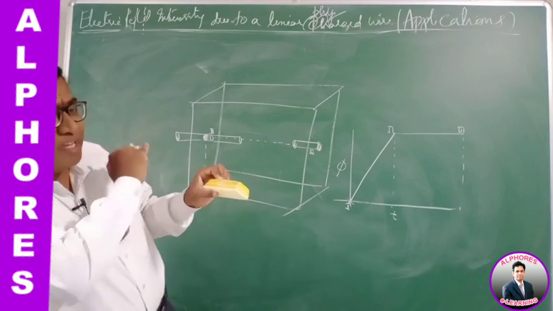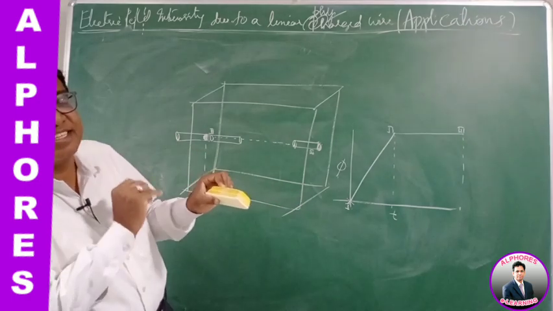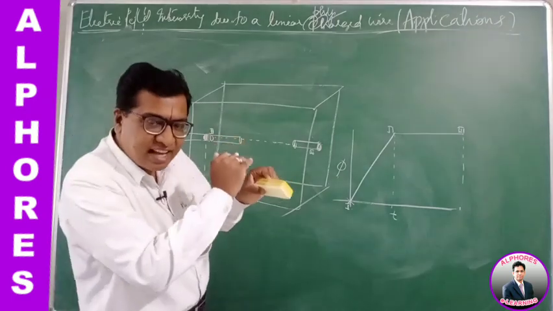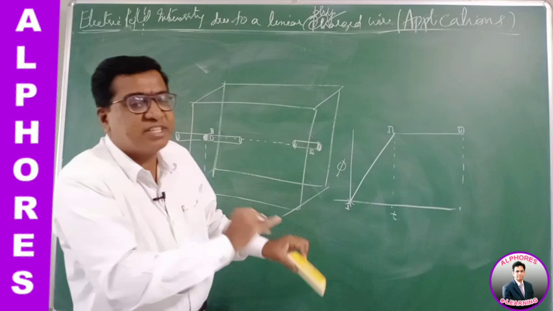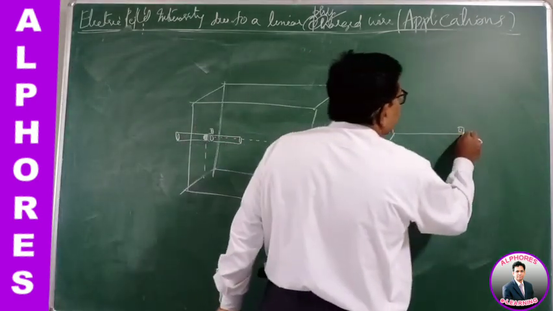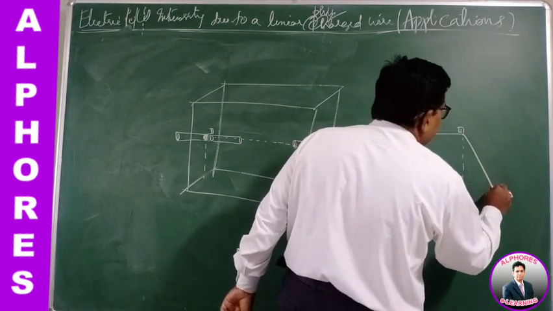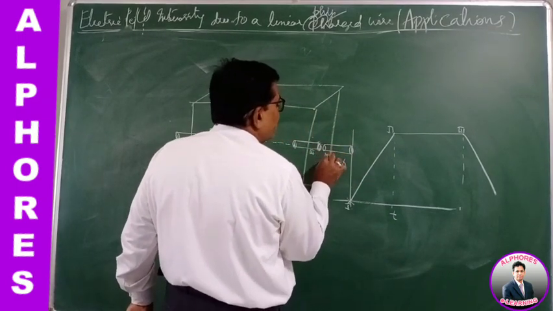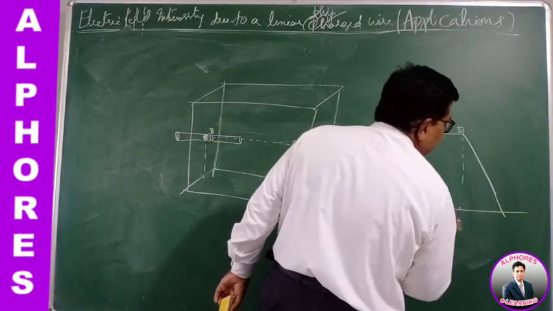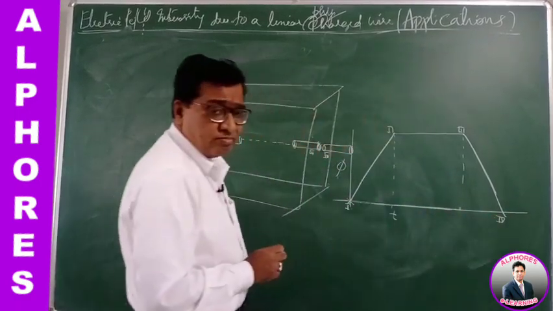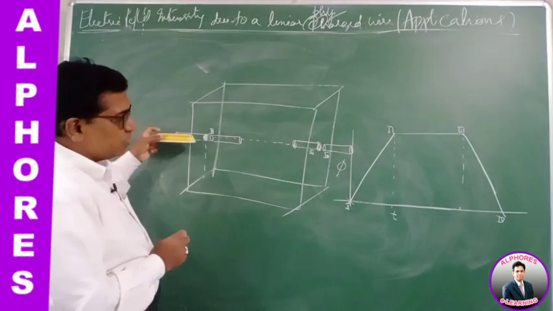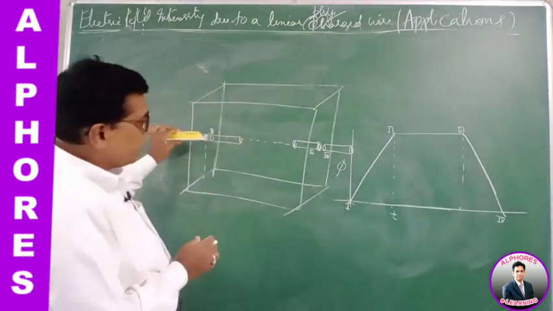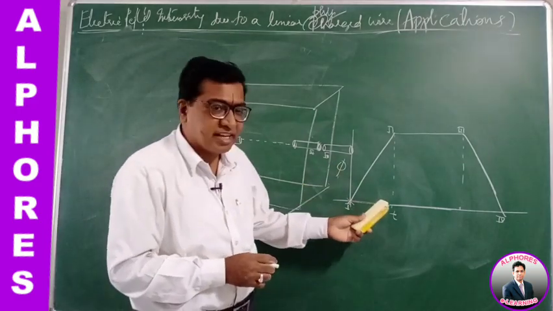So the length that remains inside gradually decreases. When the length decreases, the charge inside also gradually decreases, and the flux associated with it also gradually decreases. When all the conductor has come out of the cube, this is the fourth position. So as the conductor is moved through the cube with constant velocity, the variation of the flux with time goes in this manner.